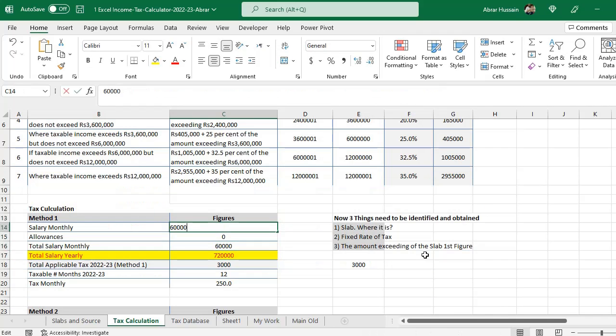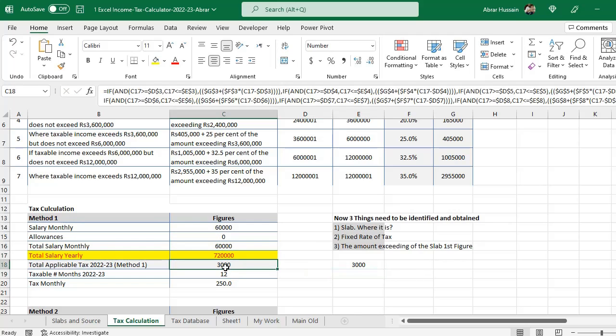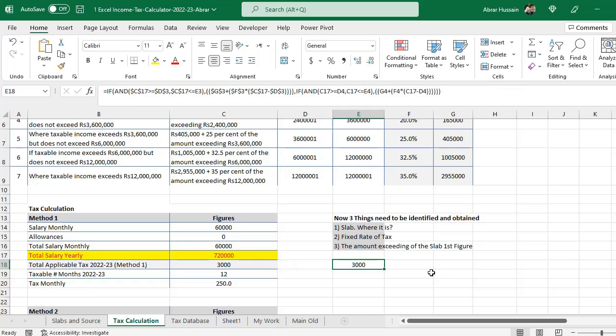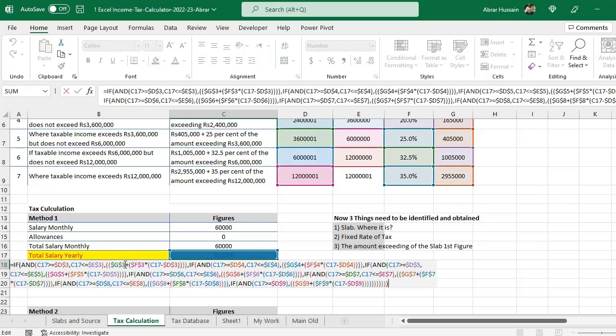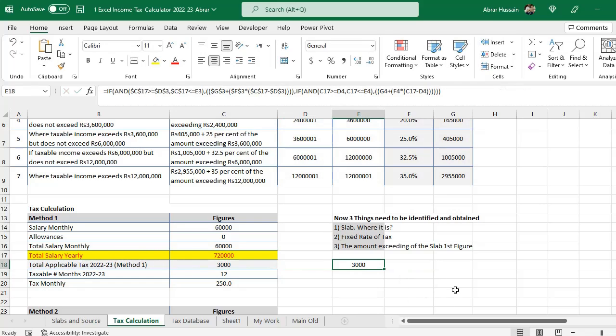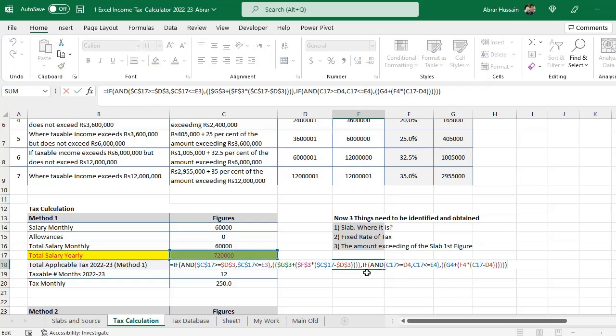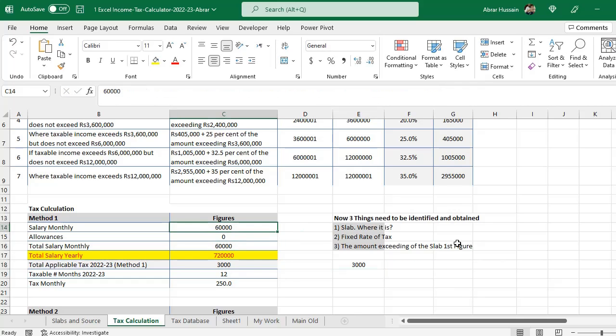So now if your salary is 60,000, you see here, now it shows 3,000. It also shows 3,000 and this also shows 3,000. This is the formula. Here I have added all the formula. I am just simplifying it. So it has obtained 3,000. Now if I change it to 1 PKR, so 0. If I change it to, for example, 1 lakh,